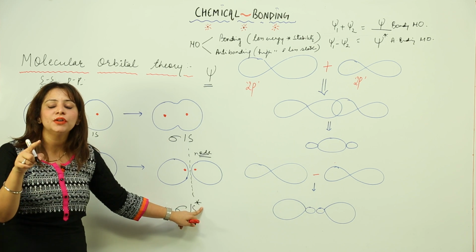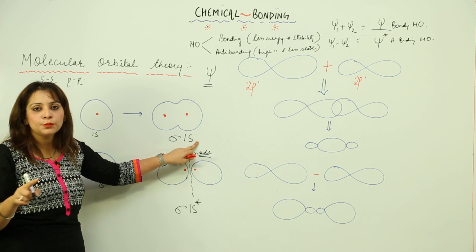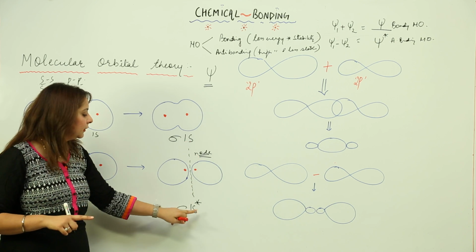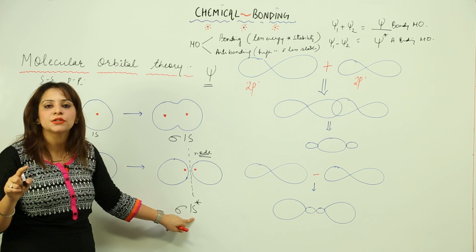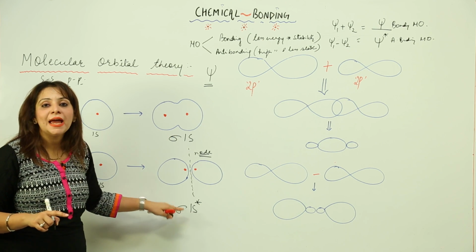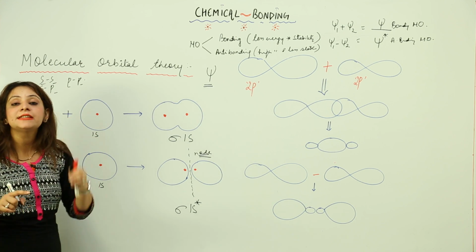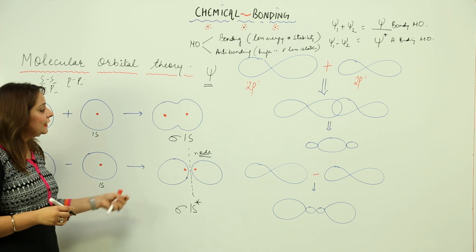Just this asterisk sign will indicate which is bonding and which is anti-bonding. In bonding I didn't put any sign, so in anti-bonding you need to put an asterisk, right. So this is my sigma 1s and this is my sigma 1s star. And if I talk about their stability or energy, you can see that here everything